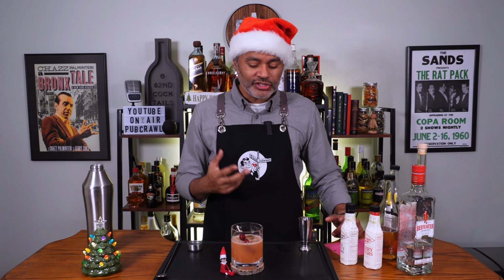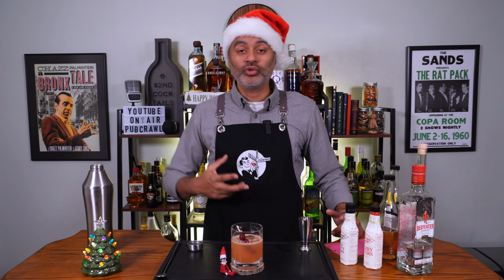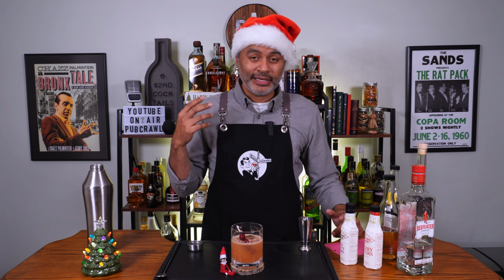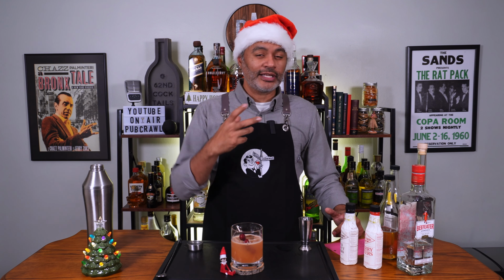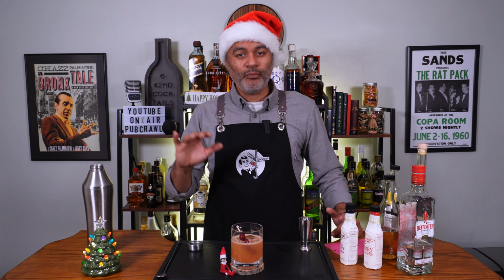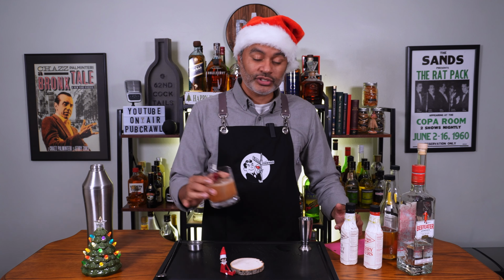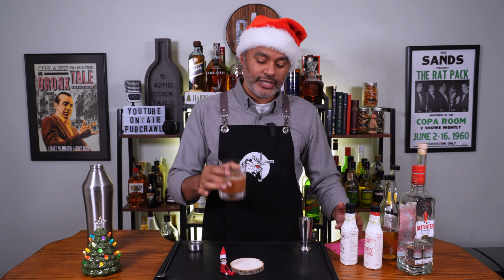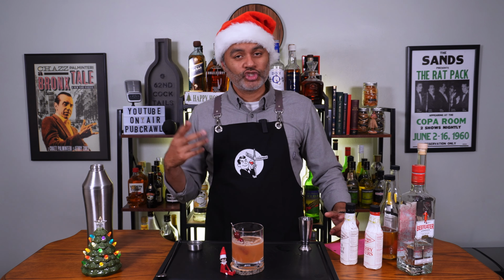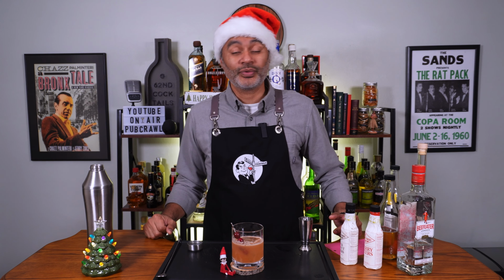You get some delicious flavors. I mean, I'm picking up all kinds of stuff. Definitely all those spices you're getting from the cinnamon and the bitters and the allspice dram. You're getting a lot of different spice notes, but I feel like the other stuff like the Chambord is bringing some of that sweetness, kind of that nectar flavor into it. Anyway, folks, this is a fantastic cocktail. I think you guys would absolutely love it, especially if you want something festive, something easy drinking. It's sweet, it's balanced, it's got spice, it's got everything you need to make it into a delicious,